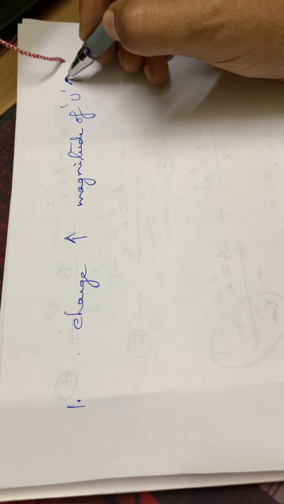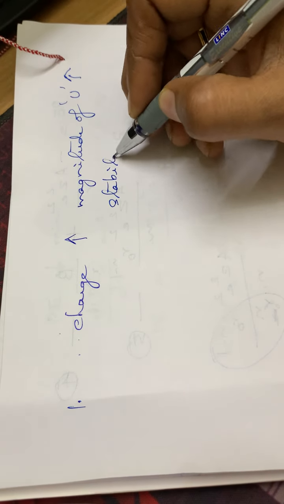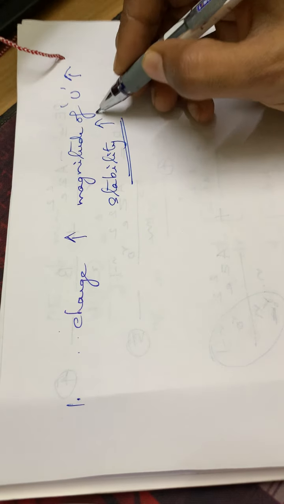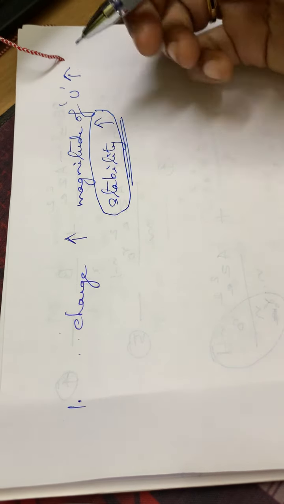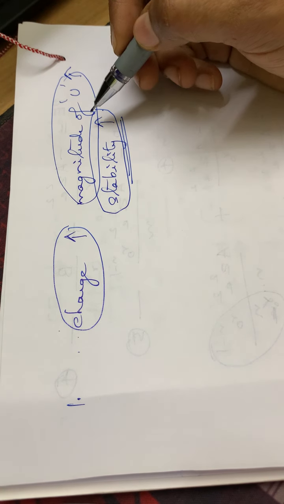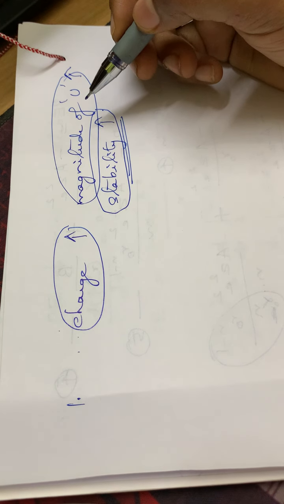If the magnitude of lattice energy is high, what about the stability of the crystal? The crystal stability will also be high. So for a crystal to be highly stable, the charge should be high, so that the magnitude of the lattice energy will also be high. That is one of the points we can take from this Born-Landé equation.